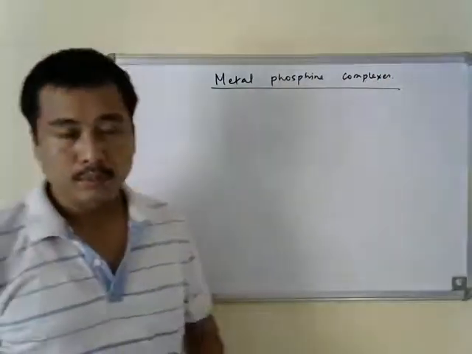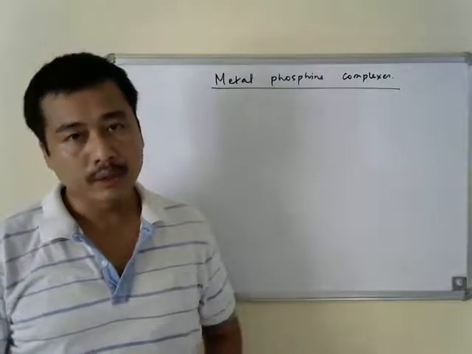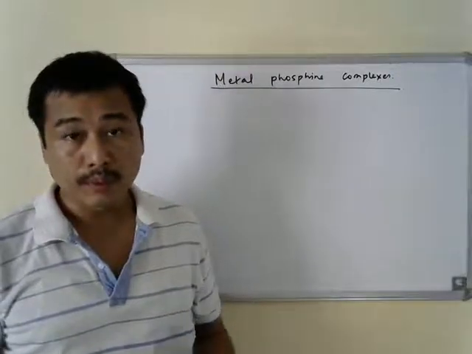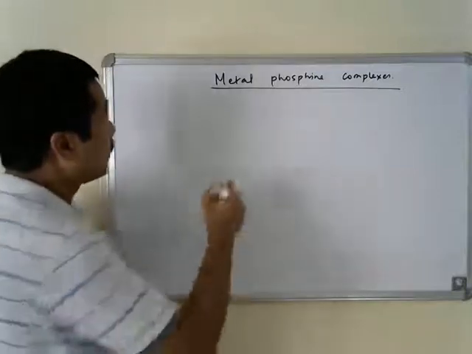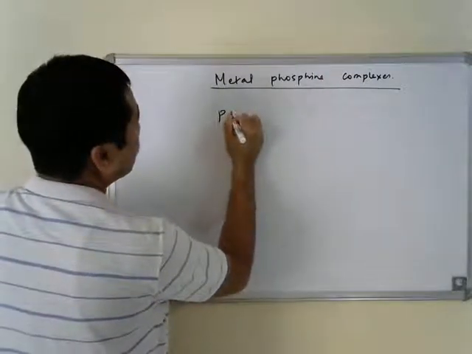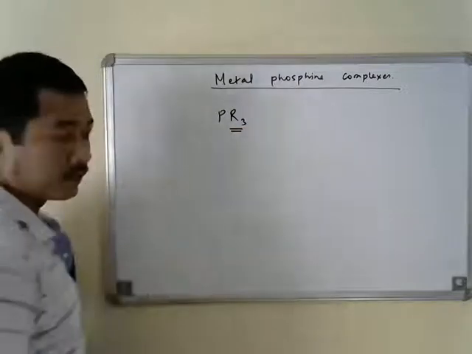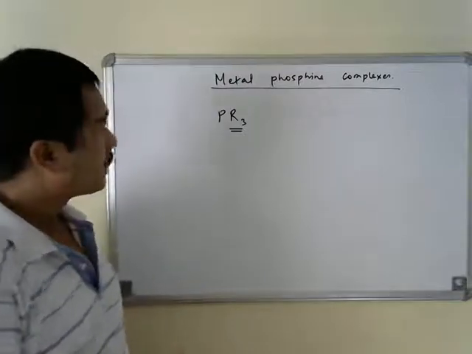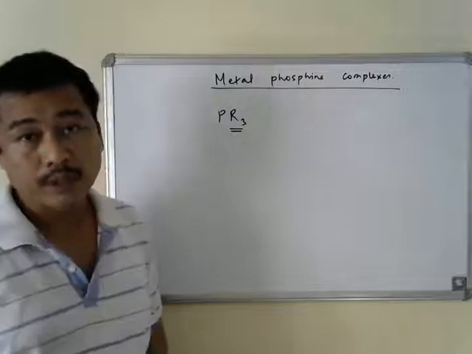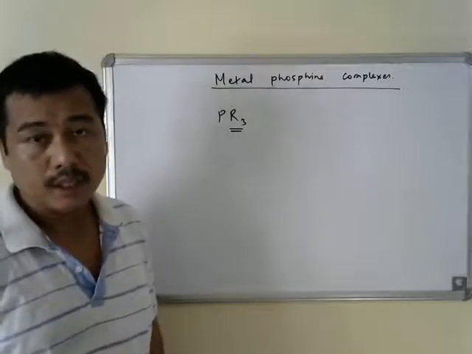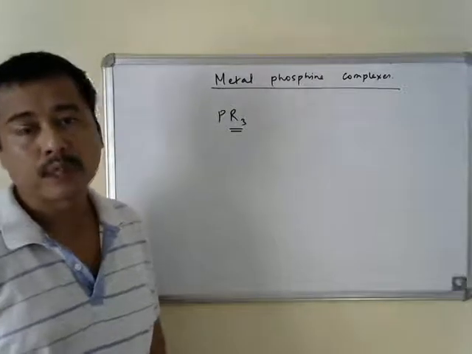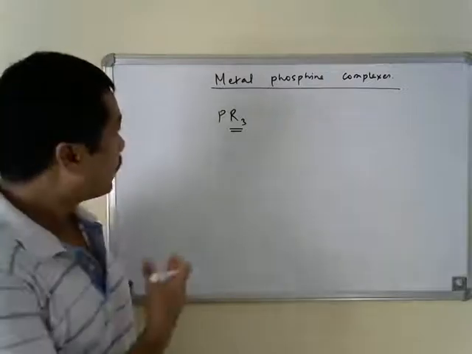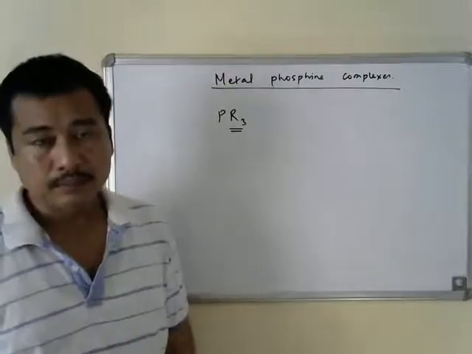As such, phosphine complexes are ubiquitous, and there are many phosphine complexes that are known so far. One interesting aspect of metal phosphine complexes is that there are three substituents attached to the phosphorus atom in phosphine ligands, and these substituents can be changed. Therefore the electronic as well as the steric property of the phosphine ligand can be changed, and this allows one to tune the property of metal complexes as required in case of catalysis, and therefore many of these metal phosphine complexes serve as